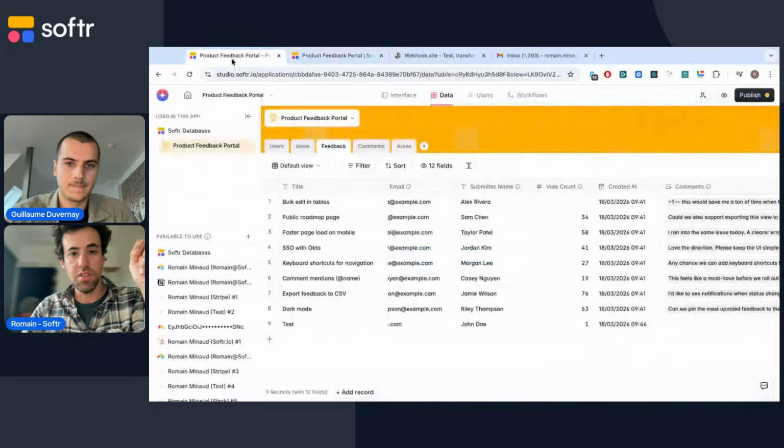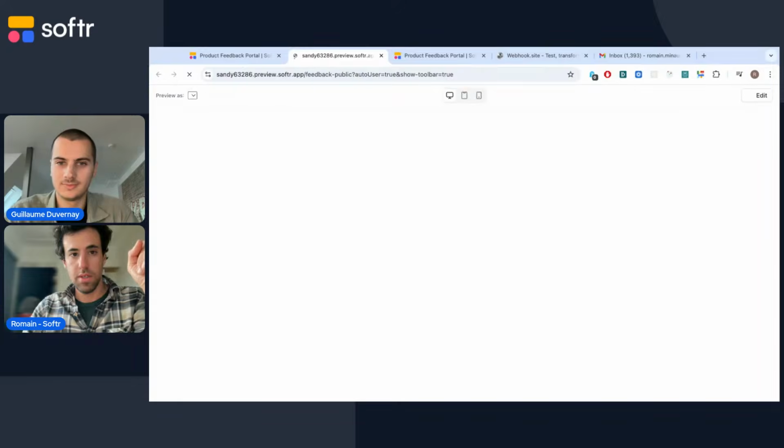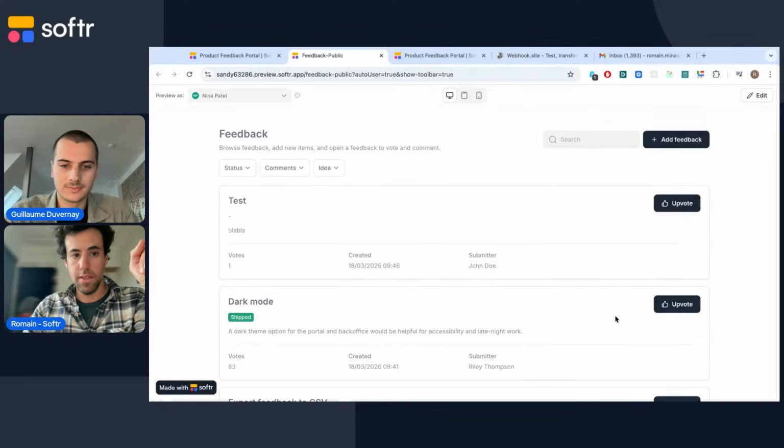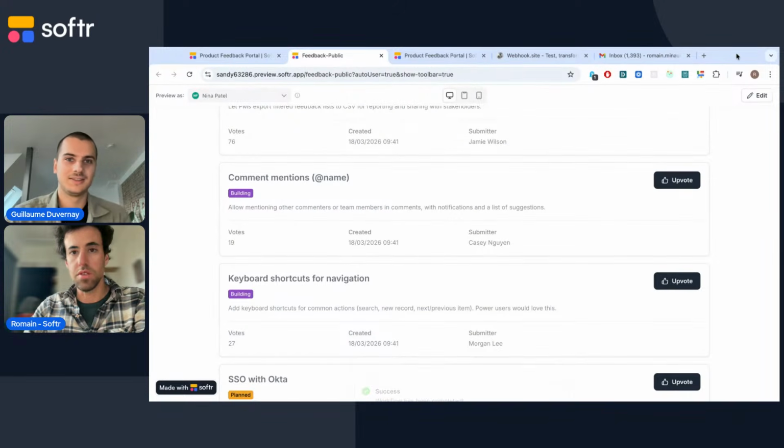And to see it in action, I'm gonna open the app in preview here. And if you trigger it here, it launches the workflow, it updates the votes, and immediately you have the output here. So yeah, that's a basic one, but you can imagine many other use cases using the same logic.